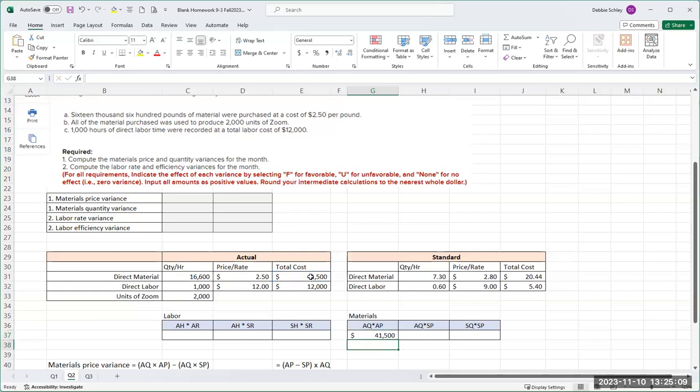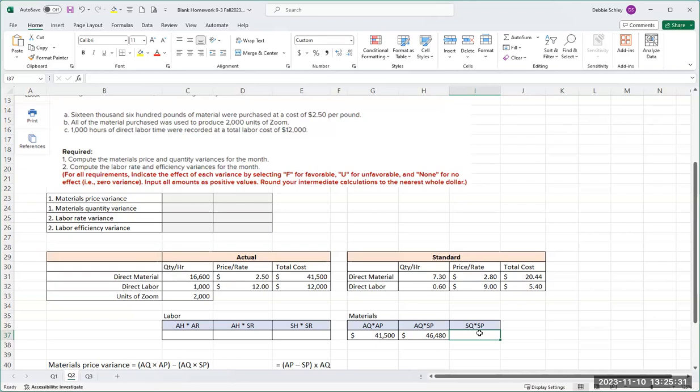And I got that. So actual quantity of direct materials times the standard price per pound is that. And then my standard